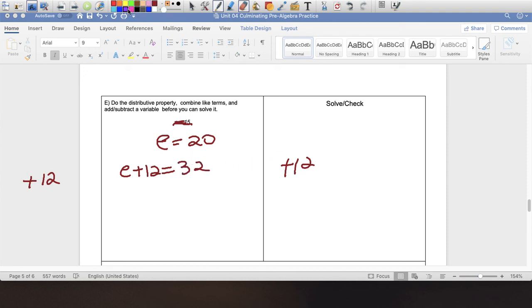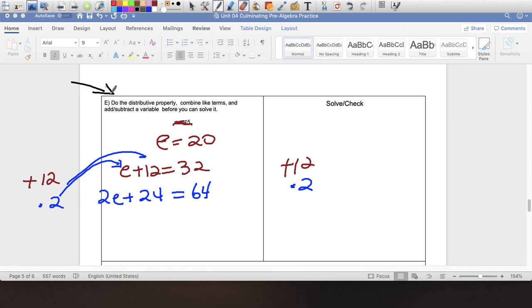Let me times this by 2 on both sides. I times 2 by both sides. 32 times 2 is 64. And on this side, right, I get 2 times E, which is 2E, plus 2 times 12, which is 24. Now that I'm at this stage, I can finally do what my question is asking me to do, which